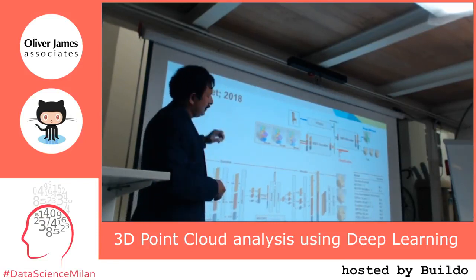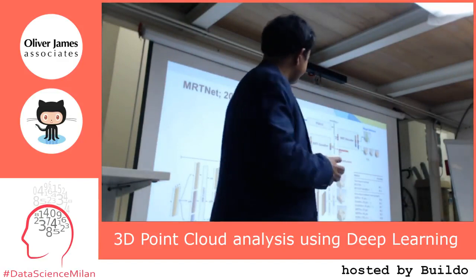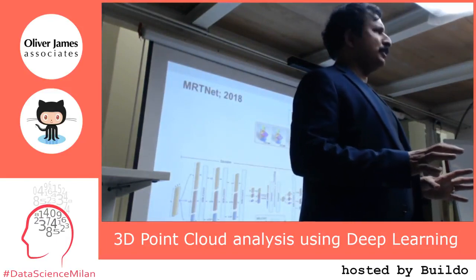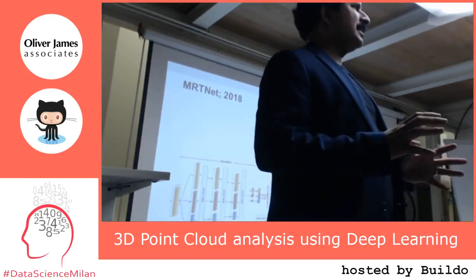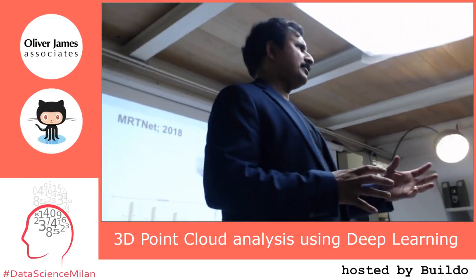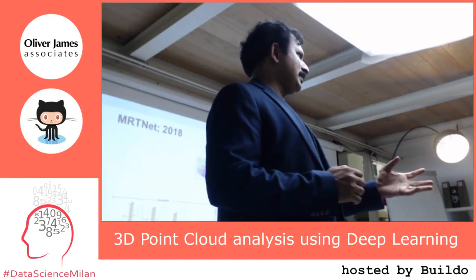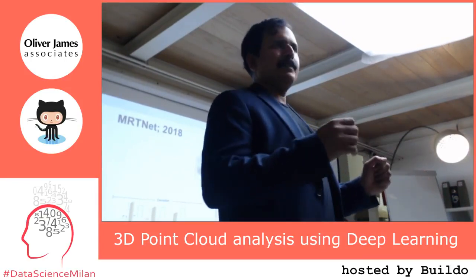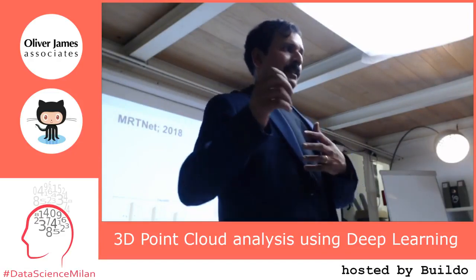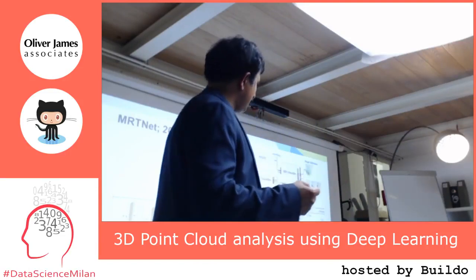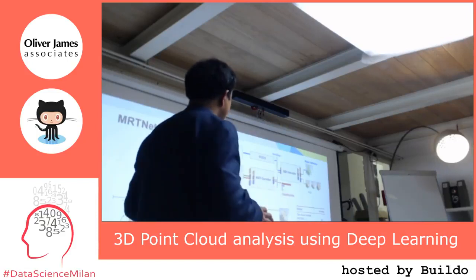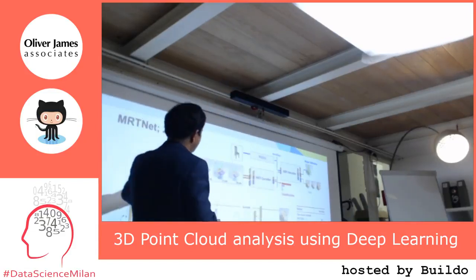I'll recollect the name of the reason for the MRT. In this model, for the first time, the encoder-decoder concept was used. I've seen encoders and decoders being used predominantly in NLP, where you have an encoder which is trying to understand the input, let's say a sentence in a certain language, and if you're doing language translation, the decoder starts outputting the translated sentence in the other language, the target language and the source language. But for the first time, I've seen MRTnet using encoder and decoder, but otherwise the concept remaining the same.